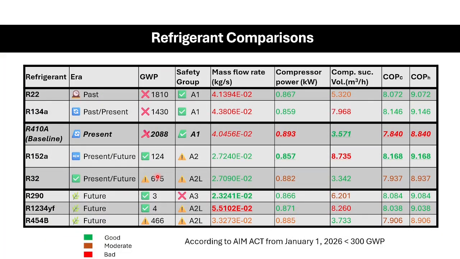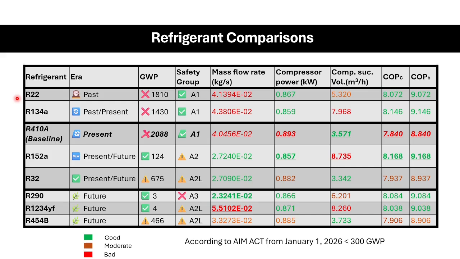Here is the refrigerant comparison table from our Cycle THX simulation. We have ODP, GWP, ASHRAE safety group, mass flow rate, compressor power, suction volume, COP cooling and COP heating. R410A is our present baseline. So starting with the past,